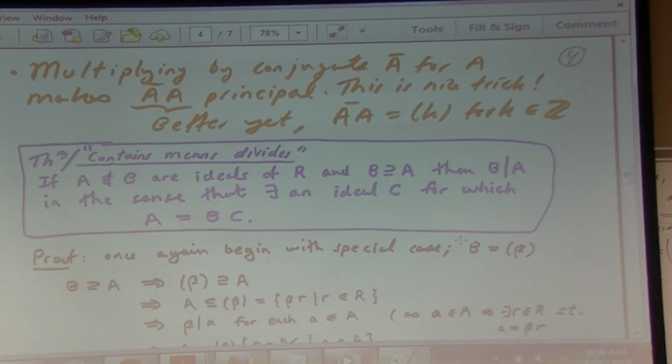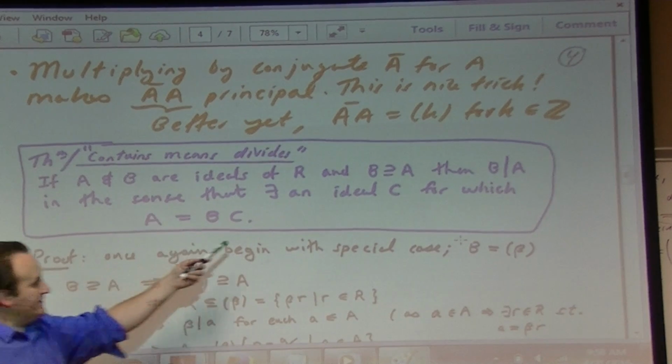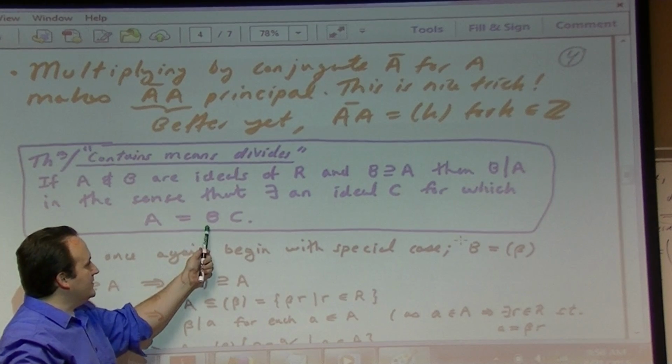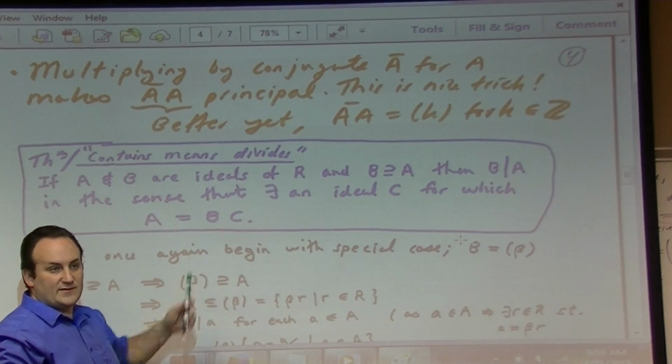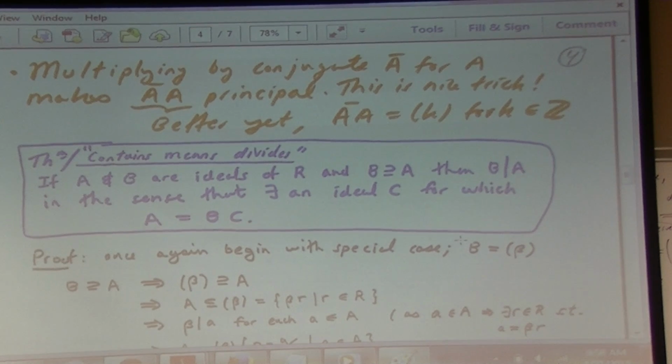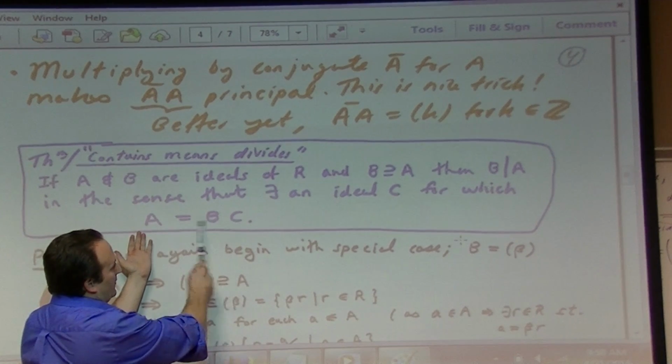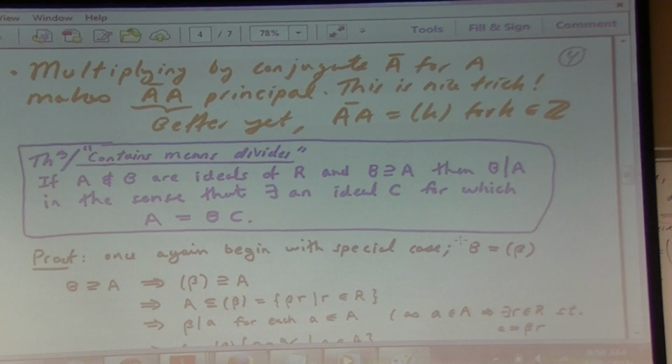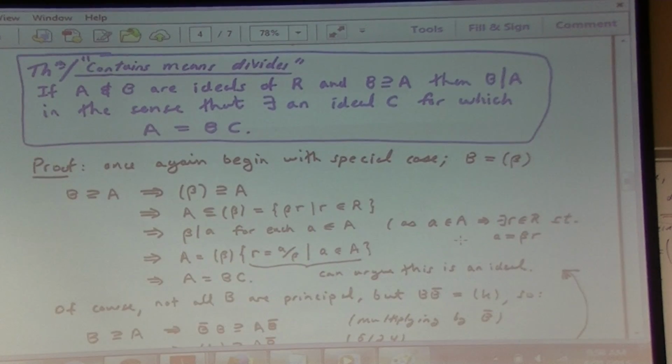If A and B are ideals, and B contains A, then B divides A in the following sense. What does that mean, B divides A as ideals? That means that there exists another ideal C for which A is equal to a multiple of C in terms of products of ideals. If I showed you this at the start of the course, and you didn't know about all the other stuff we're doing, you'd probably, if you didn't notice the containment bit, just say, yeah, that was our definition of divisibility, so what are you trying to say? The thing that's new here is that I'm actually defining divisibility in terms of a product of ideals. We have said this before, but now I'm saying it again. And here's the proof that